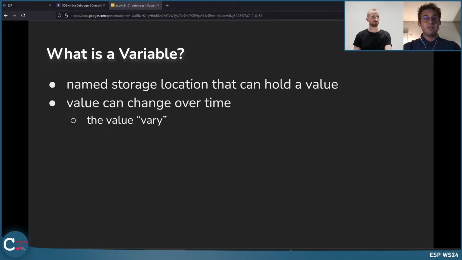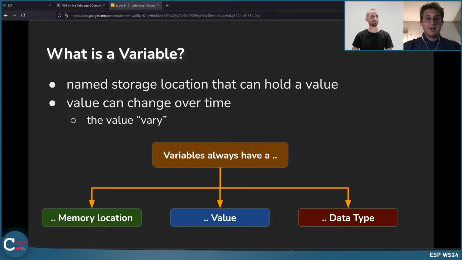With these variables, we can store a data value, we can modify the value, and we can, of course, also retrieve information about this data in our code. As the name suggests, in general, the value of a variable can change during program execution. So you can modify it, store it, and retrieve it.